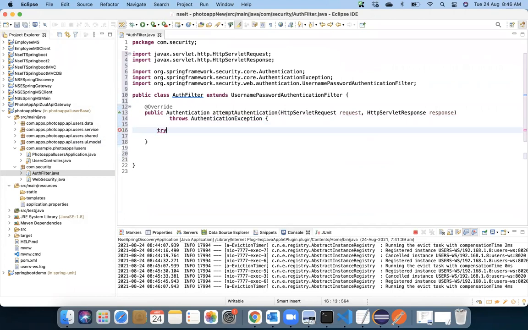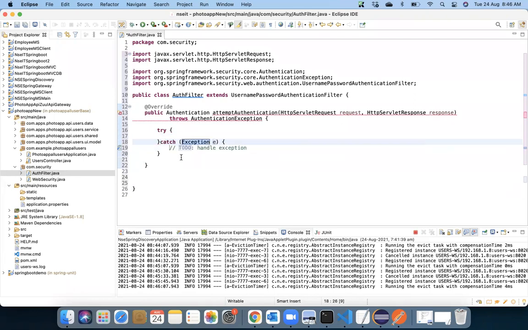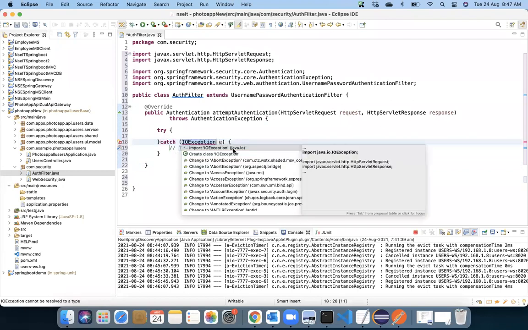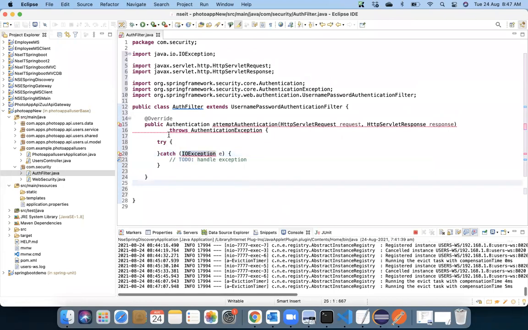I'm saying try. Here we are using this catch block, where I will take care of exceptions. So I'm talking about one exception called IOException.